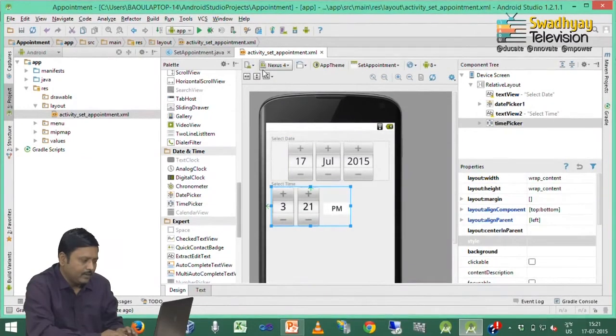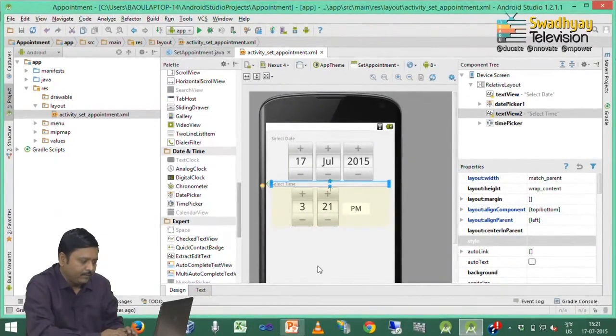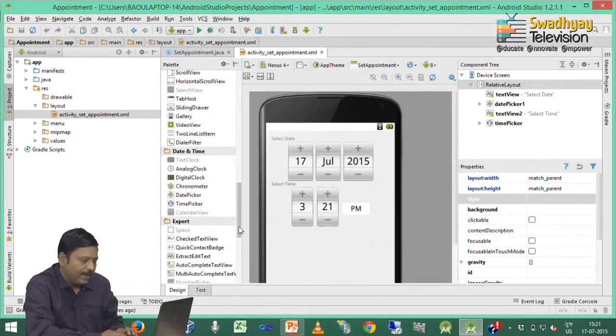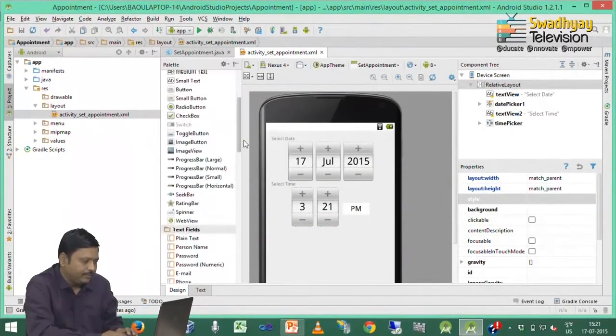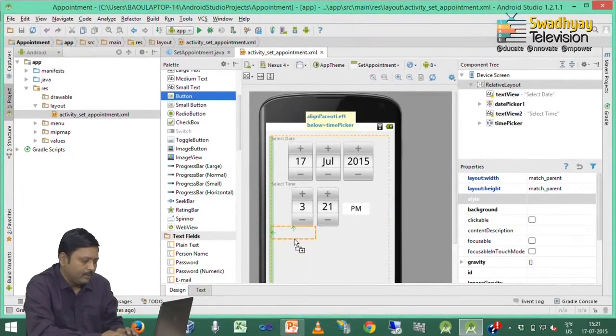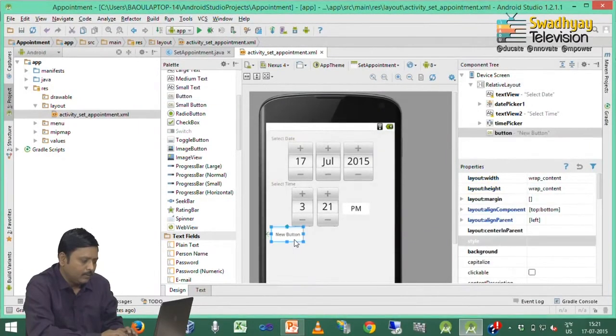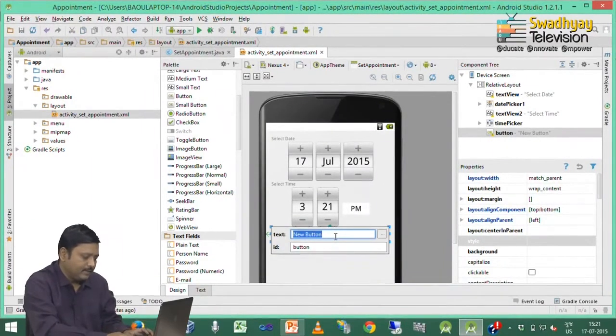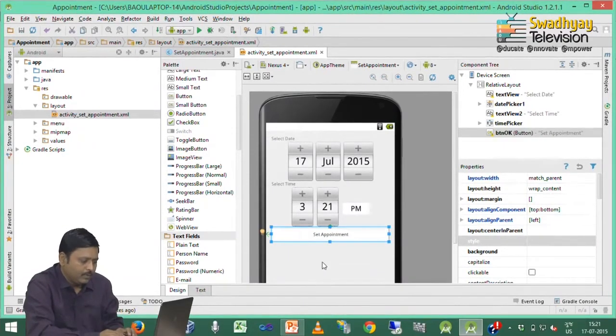So, here is a time picker and in last we place one button and set its text as a set appointment and we set its ID as a btn OK. So, now our interface is ready.